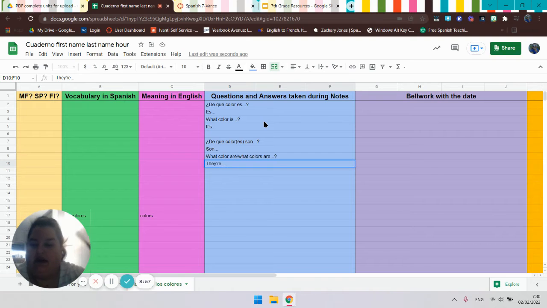Okay, so if I want to know what color this pen is, I'm going to say de qué color es el bolígrafo. Okay, or pluma. Is it es morado or es morada? We'll talk about that in a minute. To say it's purple. Okay, now